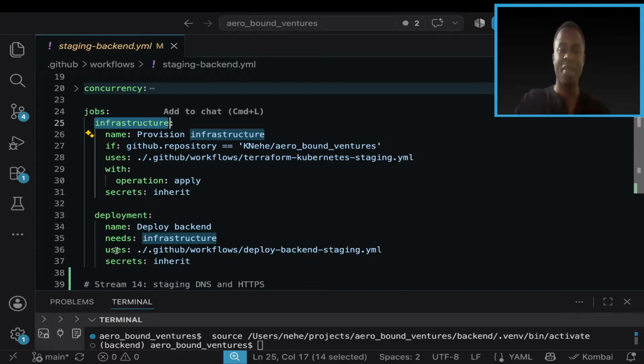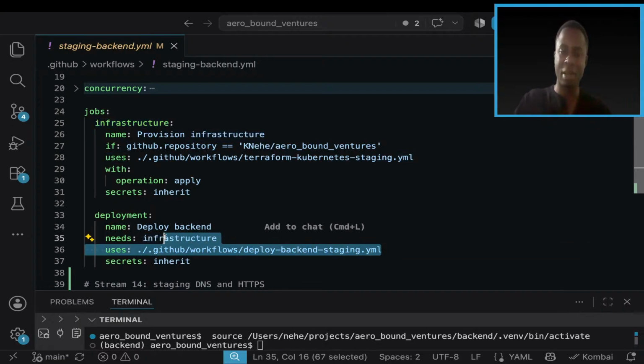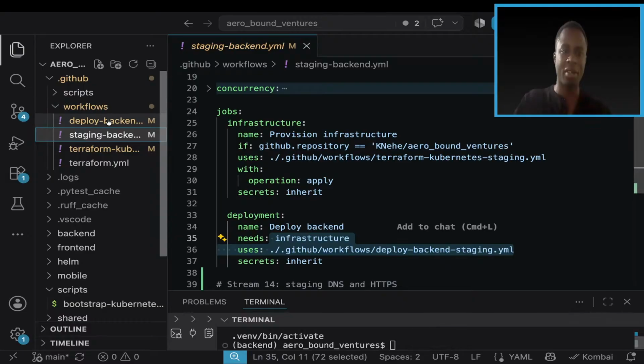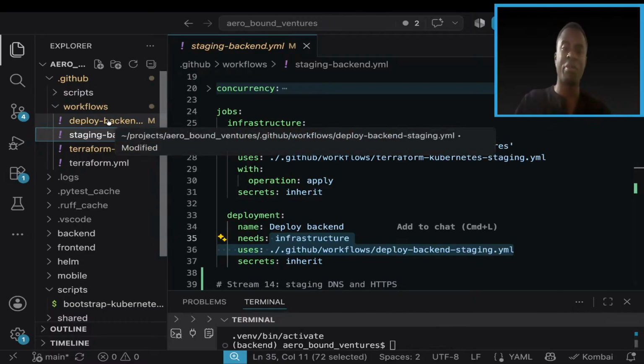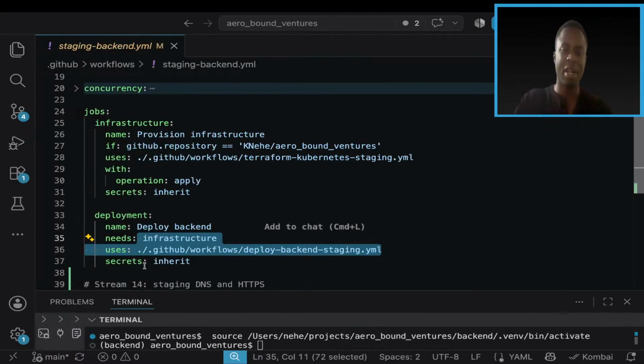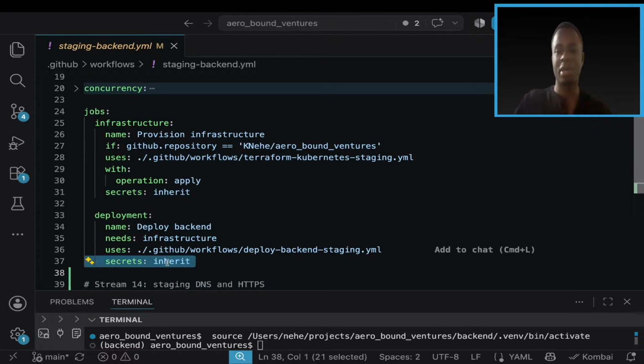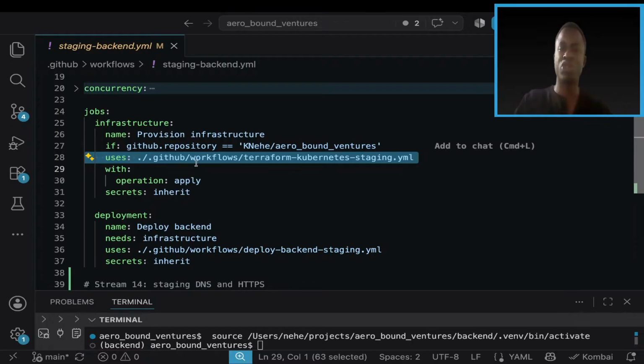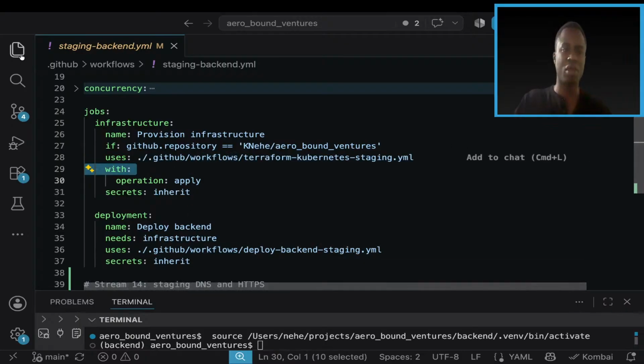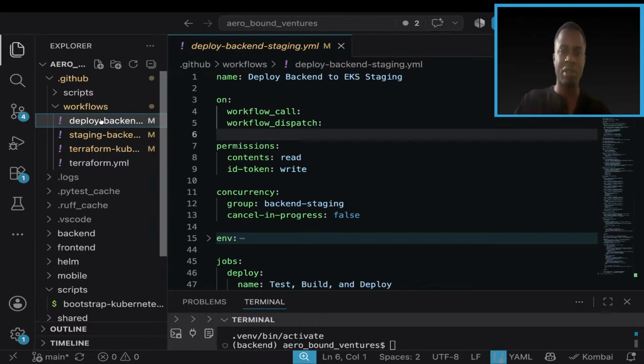No other big deal. Then it uses this YAML file, which is this other one here, which has logic that we have previously implemented. Then at the end, it also inherits secrets from it. So I'm going to explain these two. Actually, I'm just going to show you because they are pretty much the same. So we have this one and this one. Let's go with the one for infrastructure first. When we go to infrastructure here,